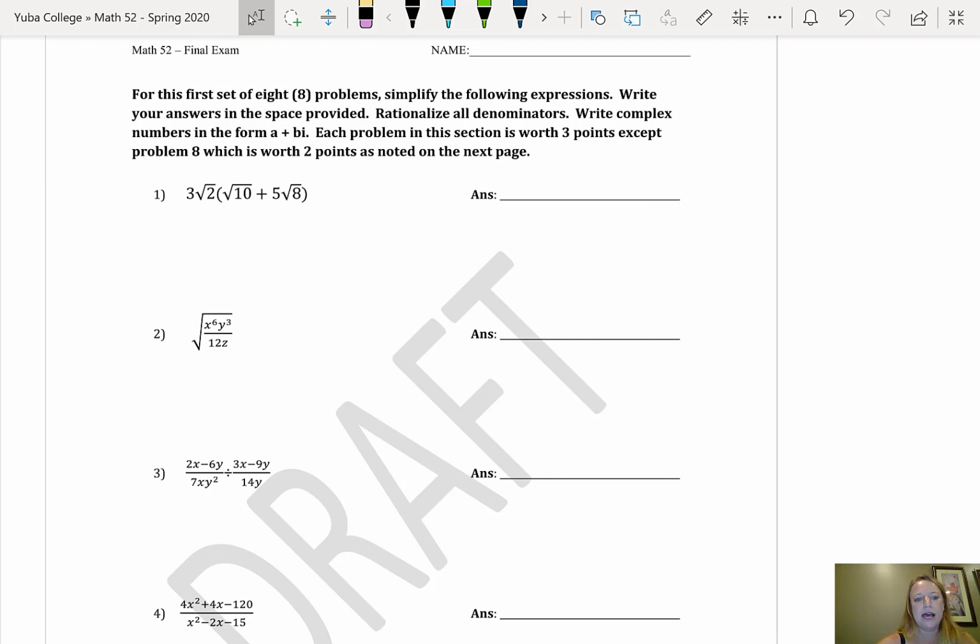Okay, so here we have 3 square root of 2, all times the quantity root 10 plus 5 square root of 8. So we need to distribute 3 square root of 2 here. So let's just recall a couple of properties here before we do that. So recall properties of